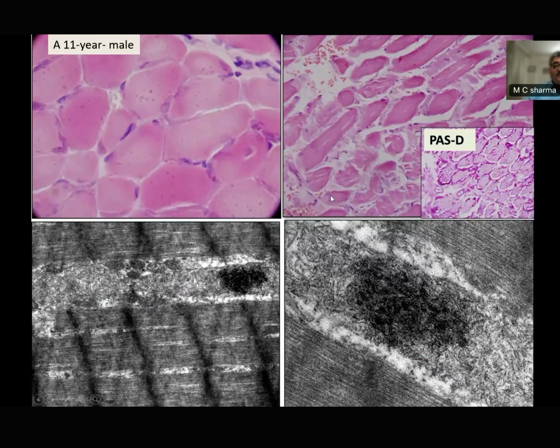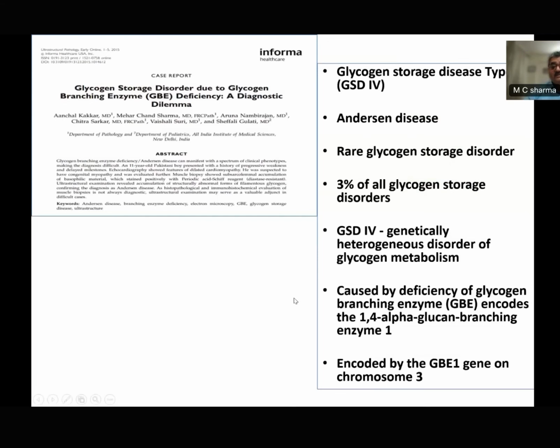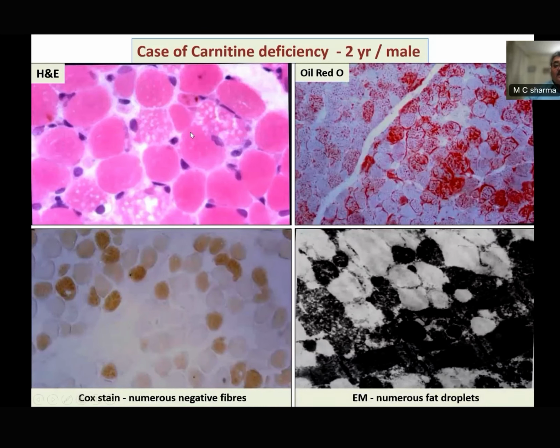This is an 11-year-old male, also a referral case. A lot of glycogen is positive, diastase resistant, and this is filamentous. So it is a branching enzyme deficiency. The carnitine deficiency in young children shows lipid vacuoles,